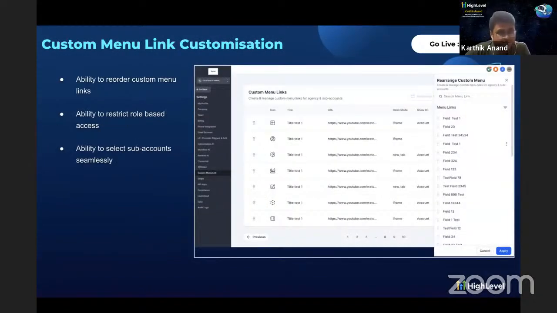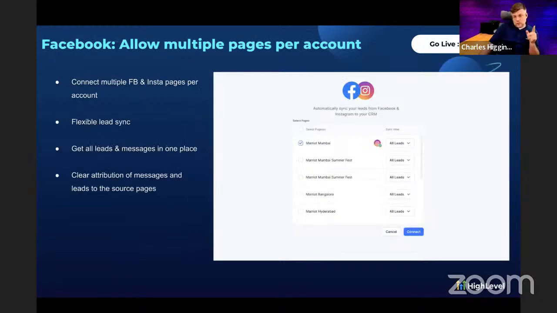Custom menu link customization. So there are three things you can do here. One is you'll be able to reorder your custom menu links. Hey, Charles. Yeah, real quick before we get to this, I know you haven't been asked about this at all, but has there been any real communication from Meta in regards to